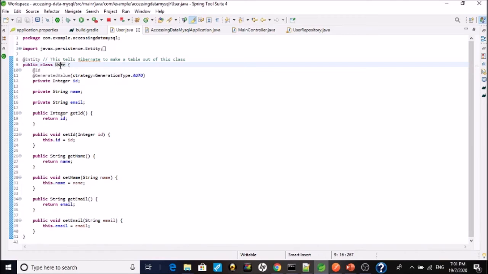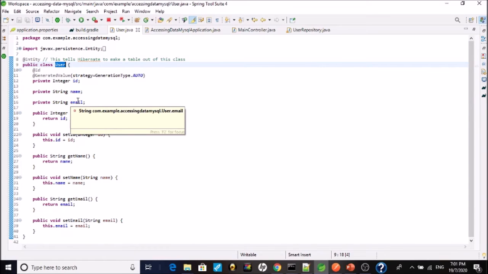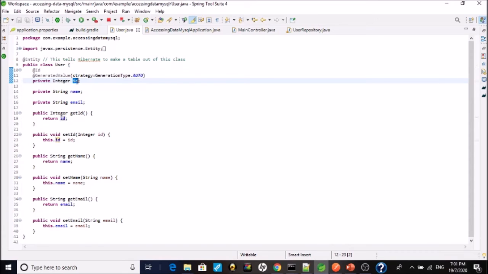In our case, it maps to one of the MySQL tables, the one named user, and it will also map these three variables, ID, name, and email, to the columns of that particular table. This is exactly that object relational mapping, where we are mapping our object with the relational table. So this is about our entity annotation implementation.